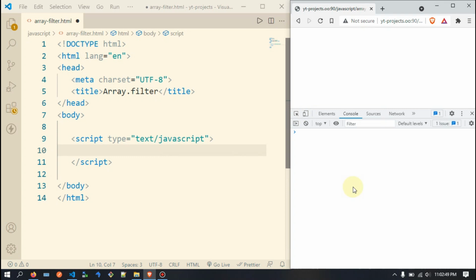Hi, how's it going? Today I will be showing you how to use the filter method on arrays in JavaScript. Filter allows you to remove elements from an array if they do not pass a certain condition that you